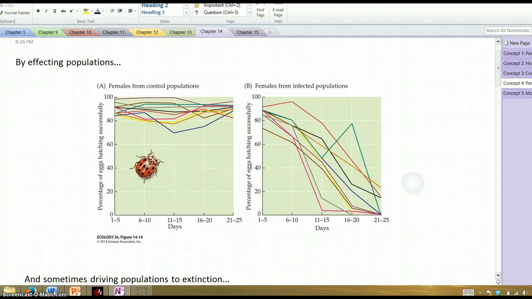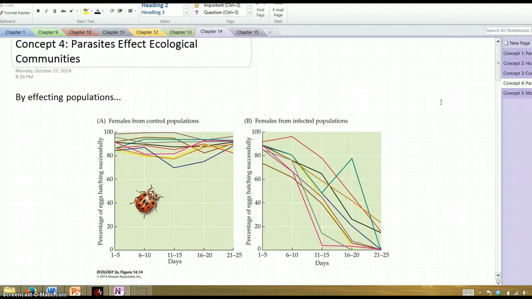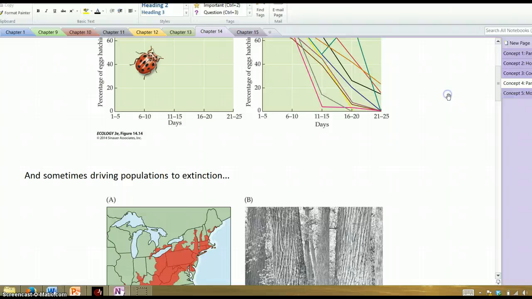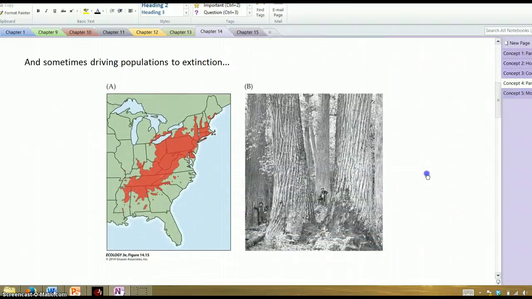Indeed, a parasite or pathogen can have a significant effect on a population, causing that population to decrease over time, as is shown with these ladybugs, ones that are unaffected and have relatively high fertility rates, and ones that are affected by a parasite and have much lower fertility rates because of that. And in some cases, a pathogen can